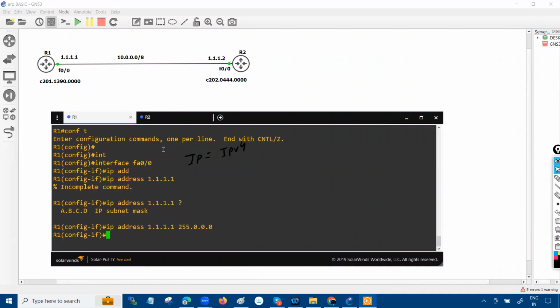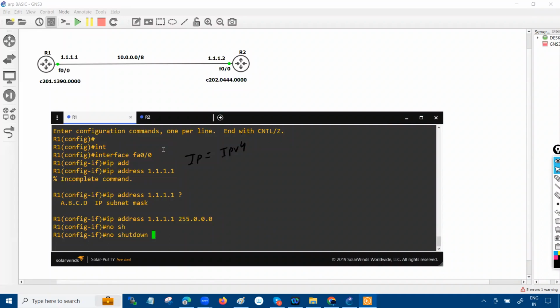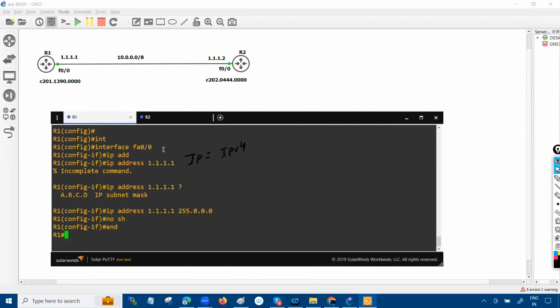By default, all the router interfaces are in down state. So you need to turn on the router interface. You just need to put the no shutdown command. If you want to verify what IP addresses I have configured